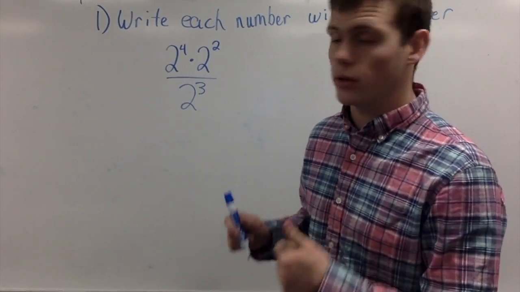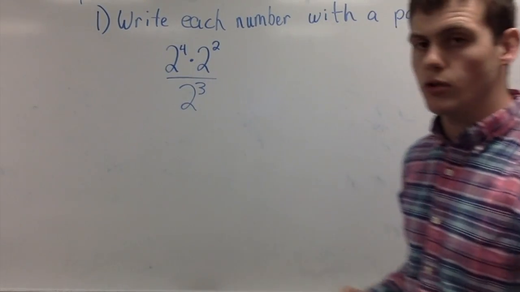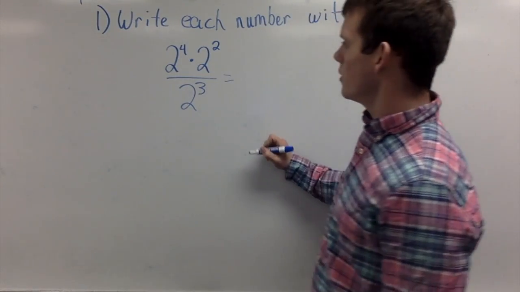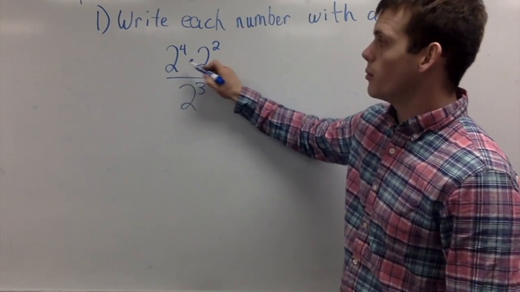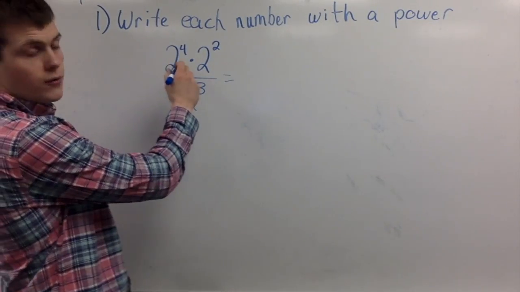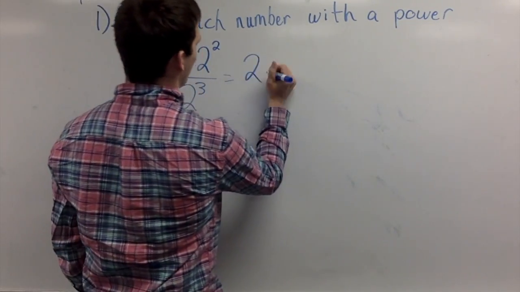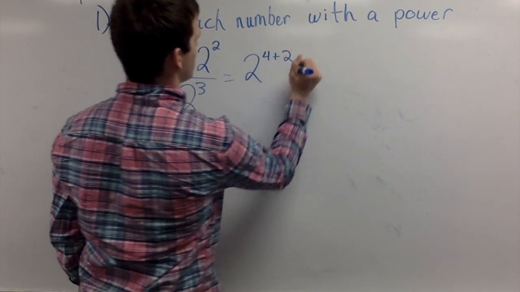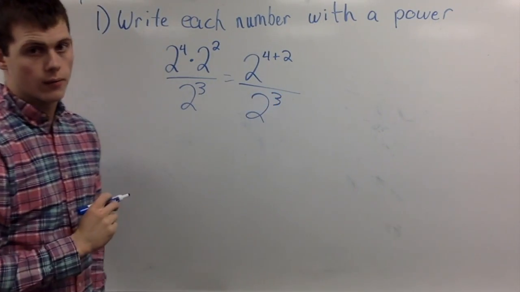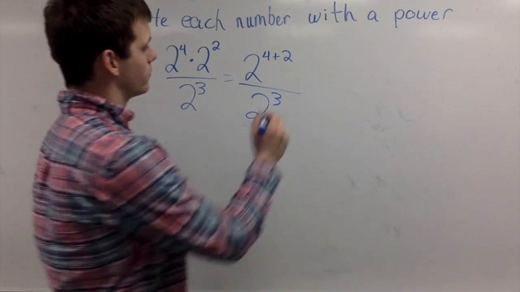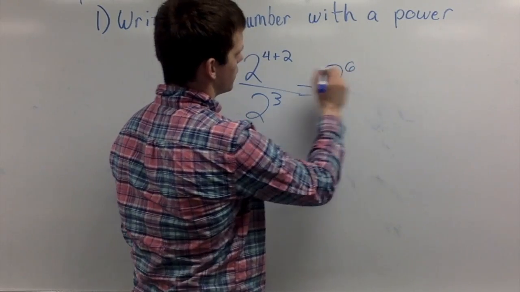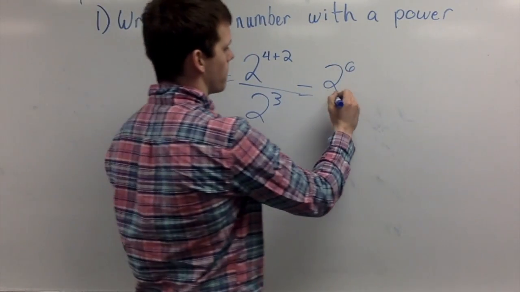Now, we're going to step it up a little bit. 2 to the 4th times 2 to the 2nd over 2 to the 3rd. So then, we have to do our top first, and when we multiply exponents, that's when we add. So we have 2 to the 4th times 2 to the 2nd, or 2 to the 4 plus 2, all over 2 to the 3rd. We're not done yet, so now we move on. 2 to the 6th, 4 plus 2, over